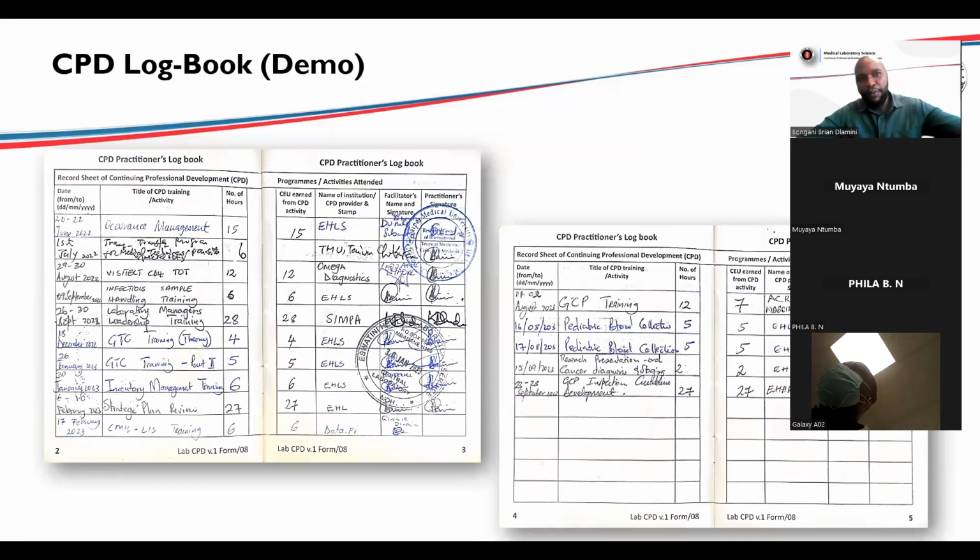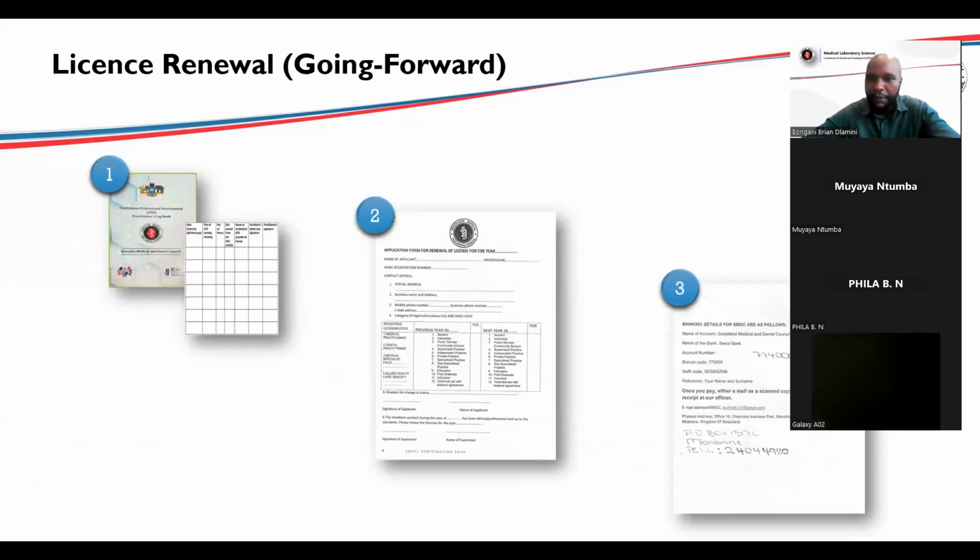So this is how pretty much your CPD logbook would look like over time. This was my CPD logbook at the time. I was trying to document training that I was getting, last year and going forward. So I suppose by the end of this EMDC year next year, all our CPD logbooks will look like this. And we also suggest and request that if you have a training which is physical and the CPD provider has a stamp, you get the stamping as proof of evidence. And when you renew next year, you will issue out a printed copy of this CPD logbook, as well as a payment